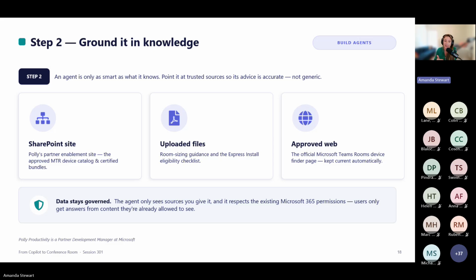So you're not creating a data leak risk. You're working inside the same security model you've already built to trust. And that governance story is a huge part of this conversation, right? Because it's consistent, even as individuals across your organization are building out their own agents. Security and trust is consistent, and it's built on the exact same Microsoft 365 permissions they have as an individual user.